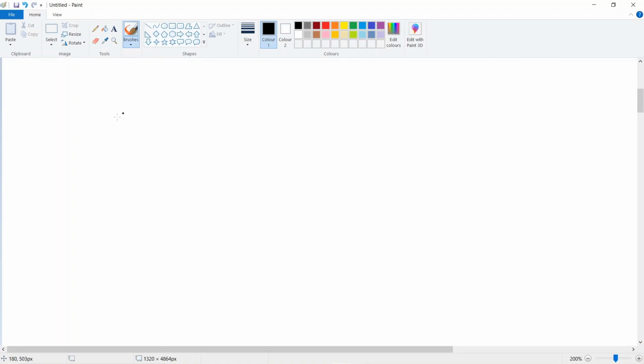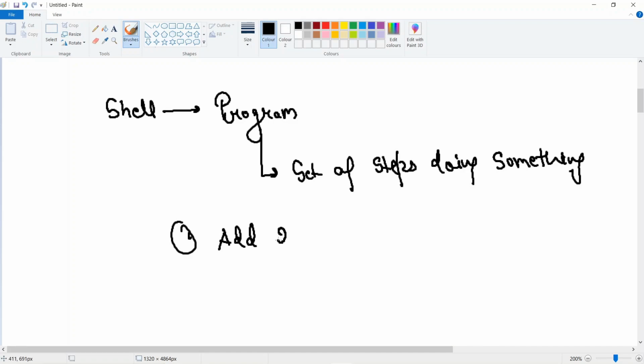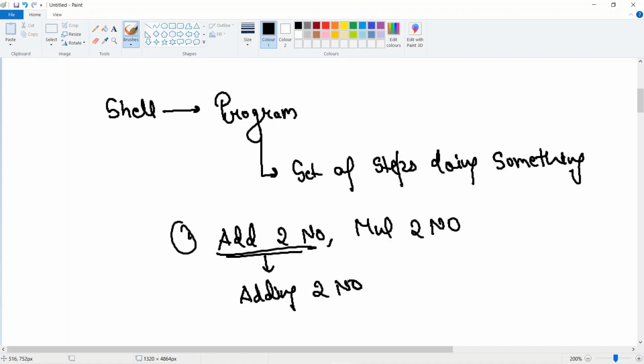First, let me tell you what is the shell. So shell you can think of as a program. Now, what is a program? A program is a set of steps that is doing something for us. A program may be like adding two numbers, or multiplying two numbers. Similarly, shell is a program. Here the program's motto is clear, like adding two numbers. Now, what is the motto of this program? The motto of this program is to